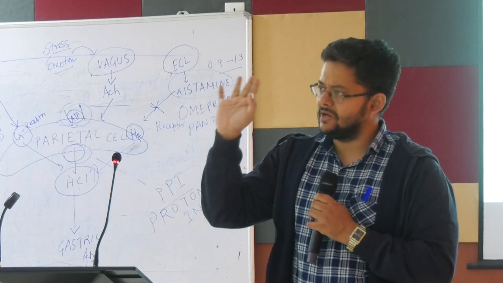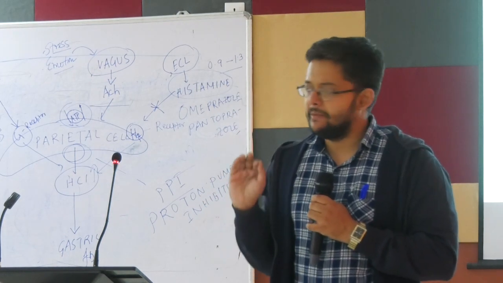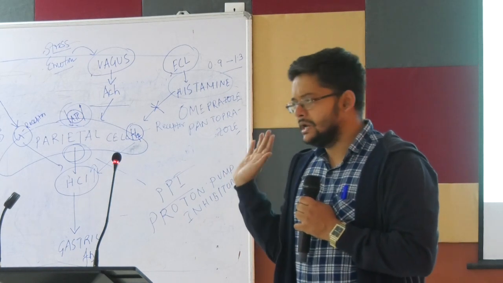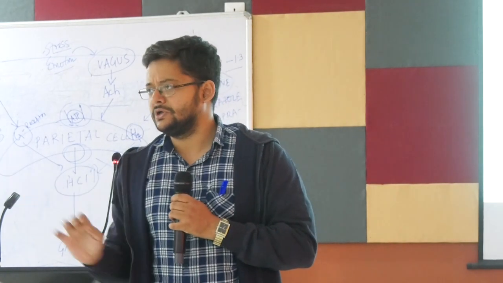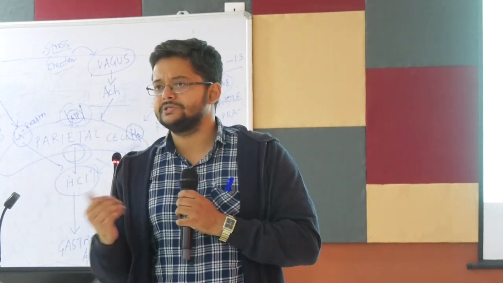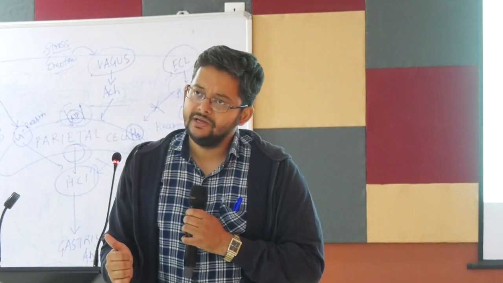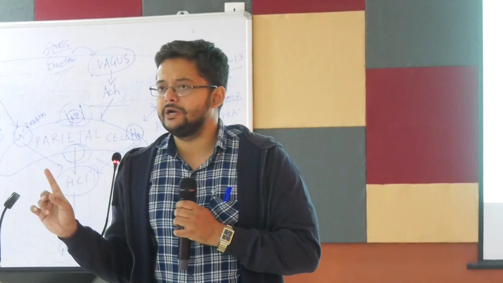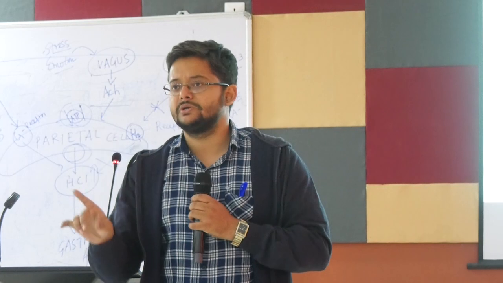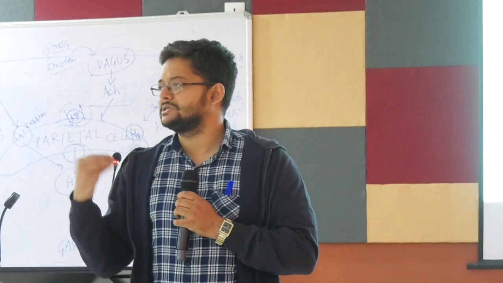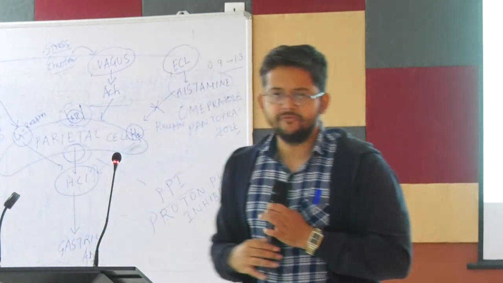Become a rational prescriber after 5 or 6 years. Rationality is very important. Why are you giving this? Rampantly giving these things is not good. In better, first world countries, you can't just go to a shop and get pantoprazole 40 mg easily. You need a prescription. Aciloc, suppose in the USA, is an over-the-counter drug. Aciloc means H2 blocker, but not pantoprazole. Pantoprazole is not an over-the-counter drug. It is a prescription medicine over there. You can't just go and buy four tablets and come away. Our situation is completely different. Anyway,